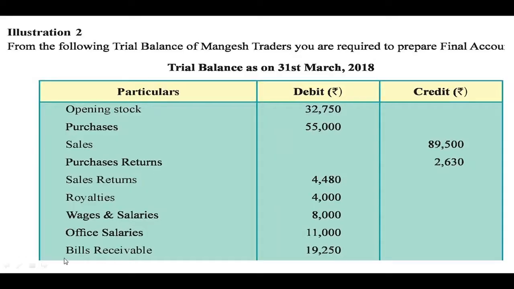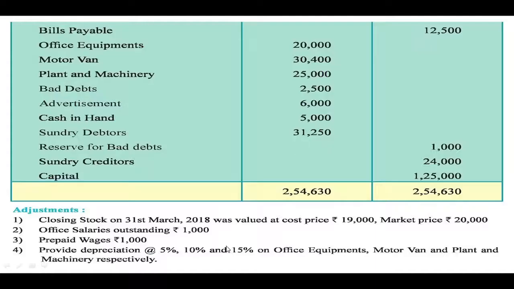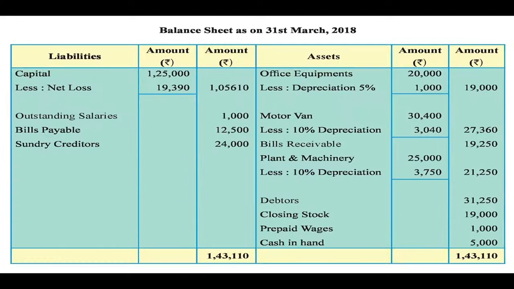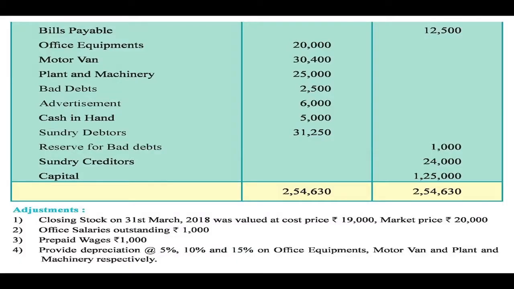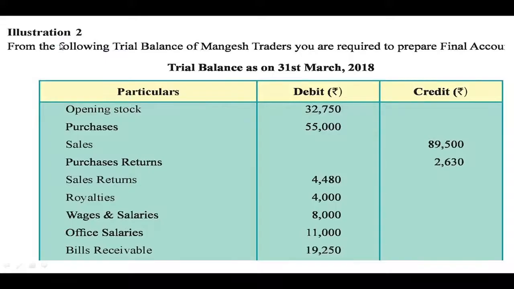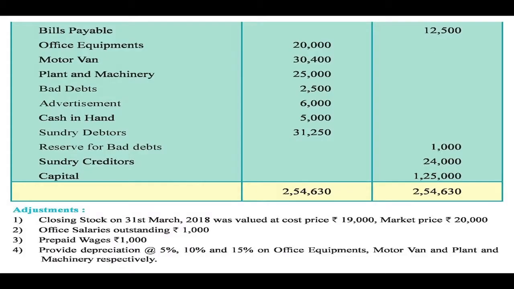Then bills receivable is the current asset. This is the amount receivable from the customers. So something that is receivable is recorded in the balance sheet. So normally first we record all these fixed assets and then current assets. So we have to leave a few lines here and then we have to record. So here they have recorded bills receivable 19,250 directly in the outer column because no adjustment is given for that. Then check whether any other item is there. Okay, so recorded all. Now let us start with this page.